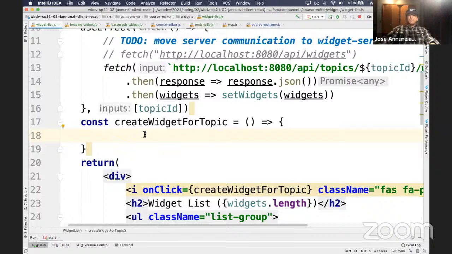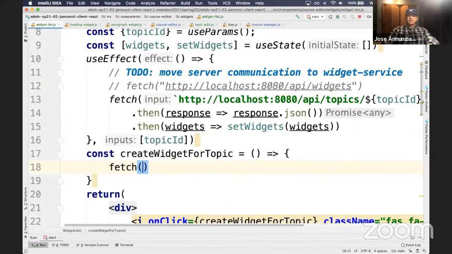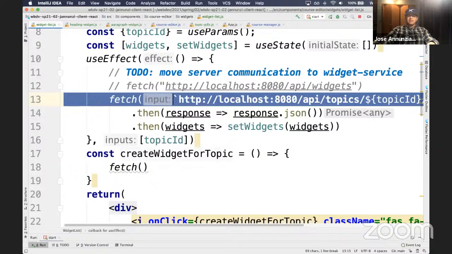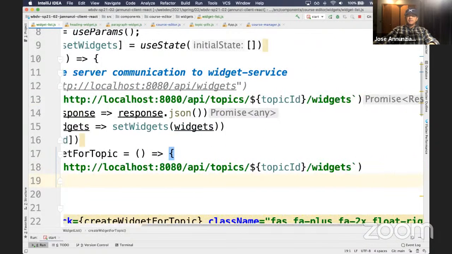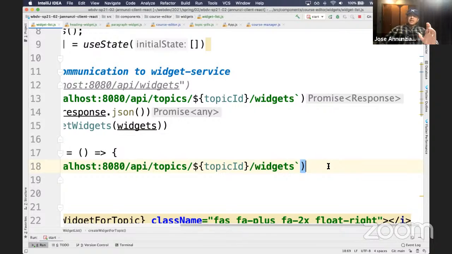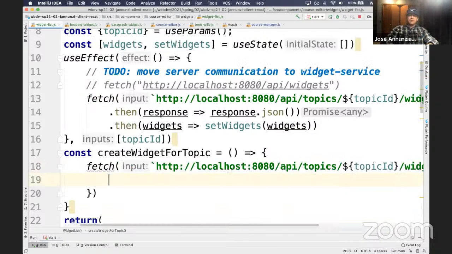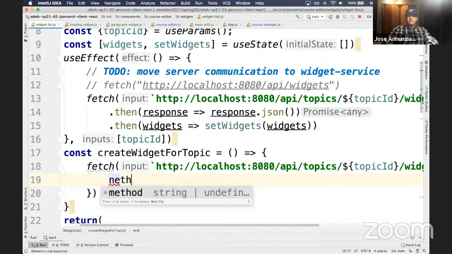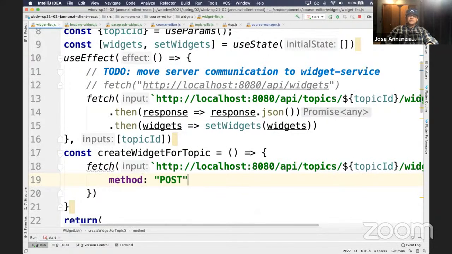So we can do a fetch. It's going to be the same URL. We're going to post, because there's a relationship of creating widgets under the context of the topic. I use the same URL pattern: I first put the context, topics and the topic ID, and then the child widgets. This is not a get, it's a post. So the method would be post. We're going to send in the body